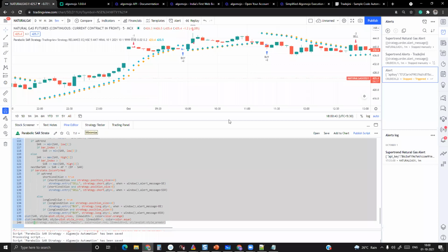All right. Let me also address a couple of questions asked by the users. One of the users, Mr. Bonesh, is asking, will the Algo Mojo message take the stop loss and profit configured in TradingView, or will it take only buy and sell? It also takes the stop loss and profit target. It's not like it will not take it at all. But in that case, you have to work on the limit orders. Or you have to have strong knowledge of strategy.entry and strategy.exit, and how to trigger a stop loss order and target orders. So all those things, yes, automation is possible. It's not like it is not possible.